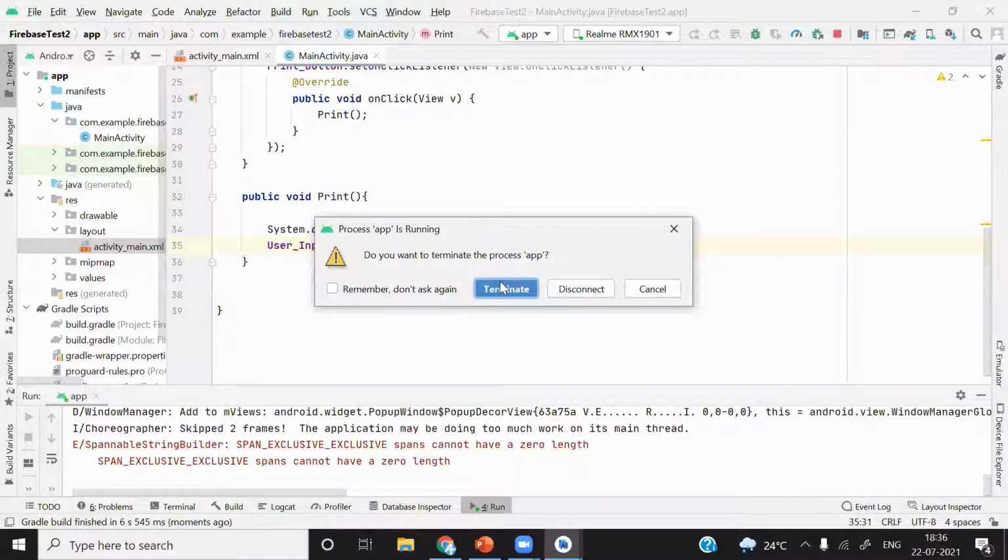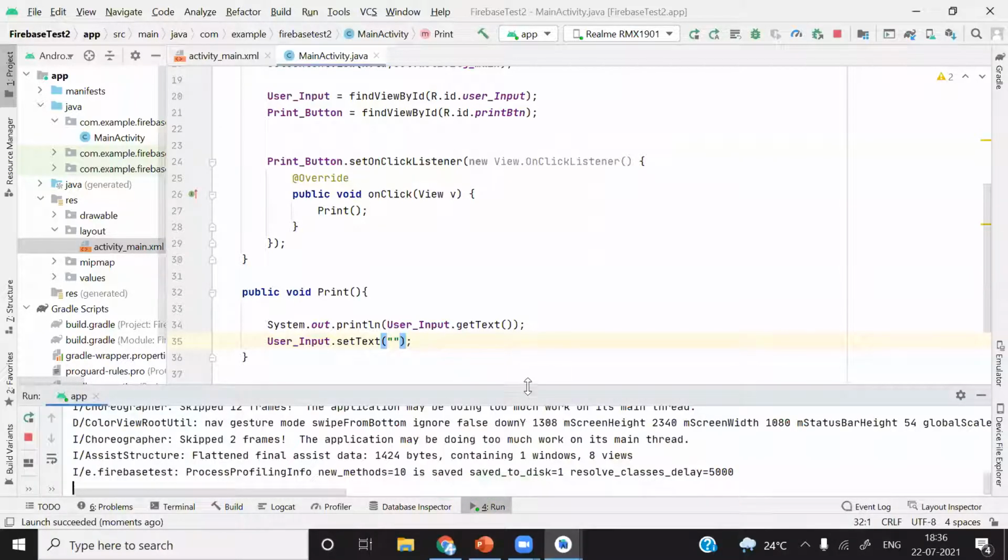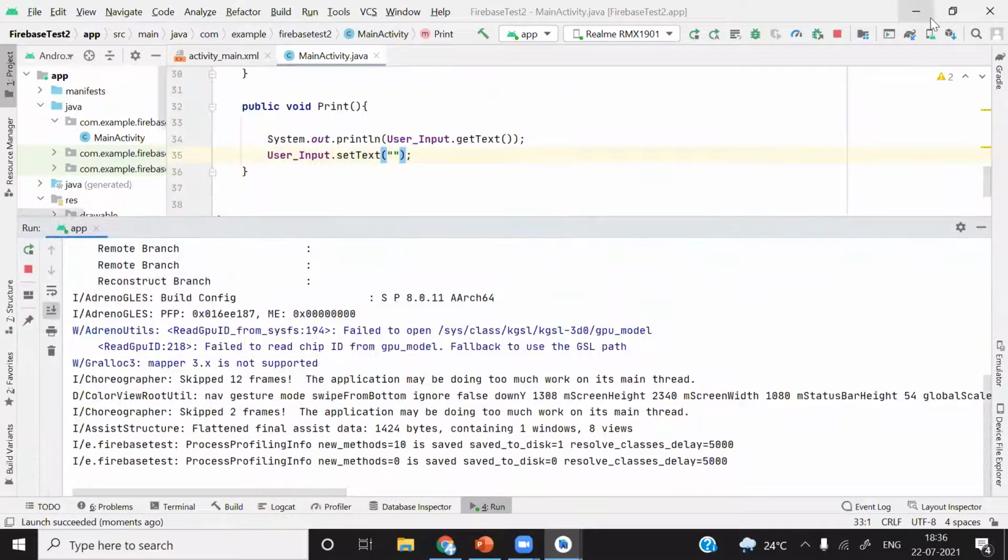I'll terminate it. You can see the same application. Now I will type something, hello, and open the run. Now we are able to see the text we are writing here.